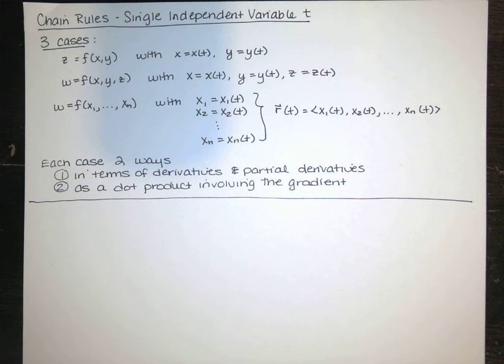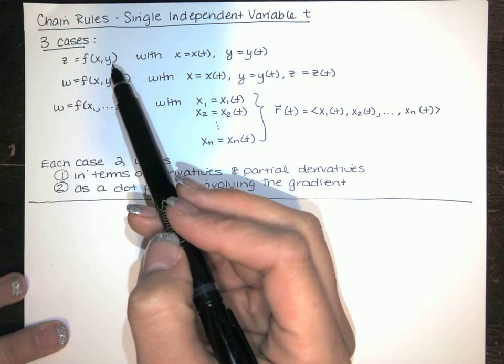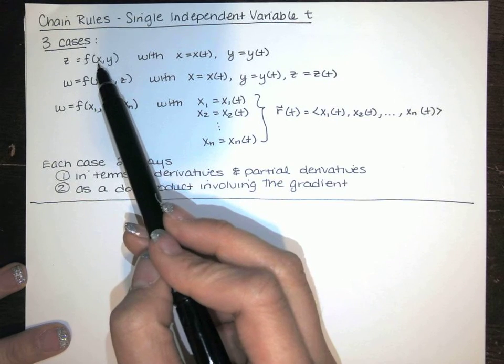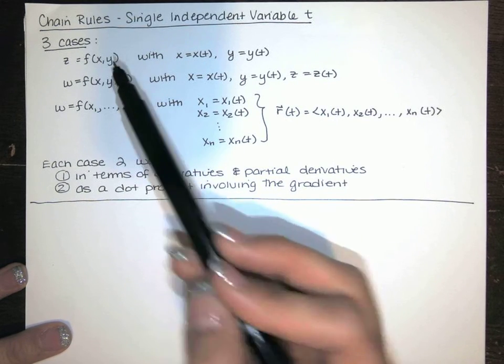Welcome back, guys. This video is about chain rules. In this video, we're going to focus on chain rules involving a single independent variable t. So we'll have three cases. We'll have z given by a function of x and y. If we replace each x with x of t and each y with y of t,